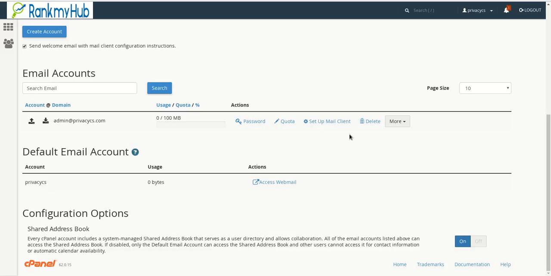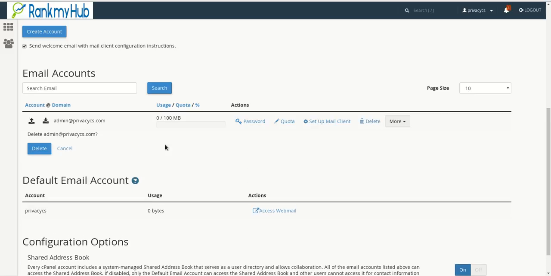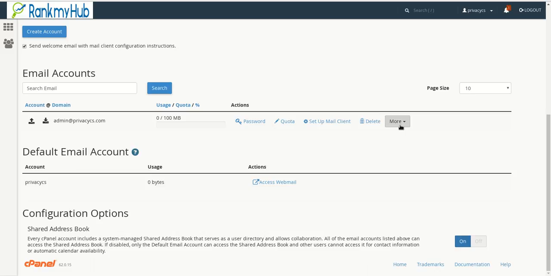If you do not want to use this account anymore you can click delete, and that will ask for a confirmation before you delete. Once you click delete, the email will be deleted forever, and the data or emails that are associated with this account will be removed as well. Apart from that you